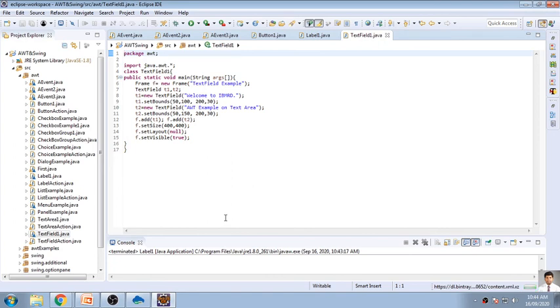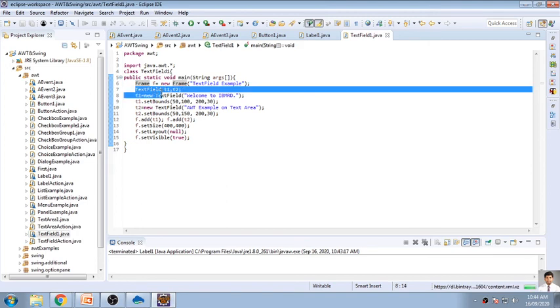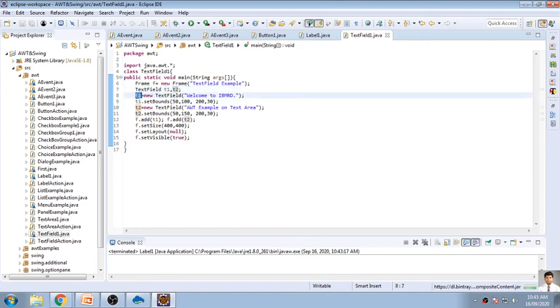Now the third thing, that is, I want a text box to be displayed. So again, same mechanism of association: I am creating an object of a frame, new frame, and I am writing a text field example. Then I want two text boxes, so text field initialization, so text T1 and T2. Now the first text box: this part will be displayed by default in your text box. So welcome to IBM. This will be displayed automatically in your text box.